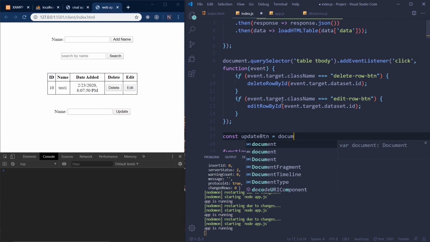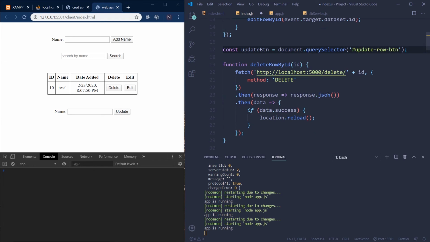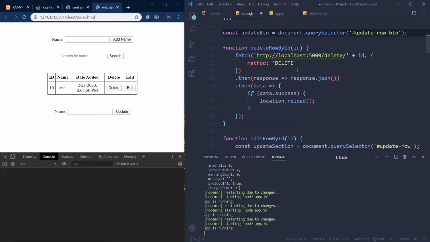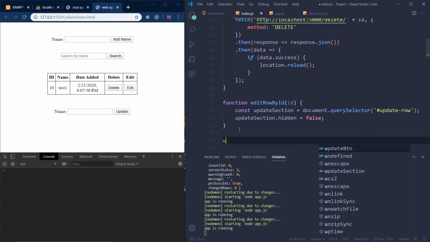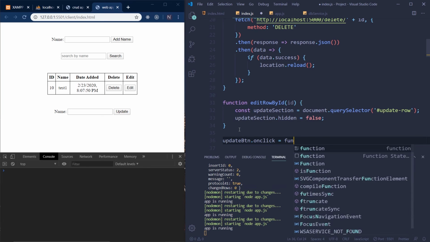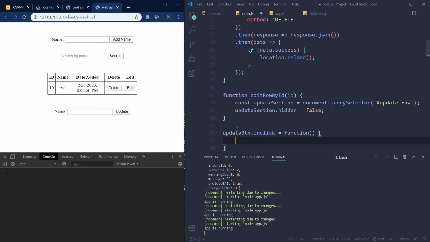So we're going to do document.querySelector. Okay, so now we have that, right? So what we'll do is below here, we'll say update btn.onclick. We'll set this as a callback function. So we need to grab this, and what we need to do is we need to